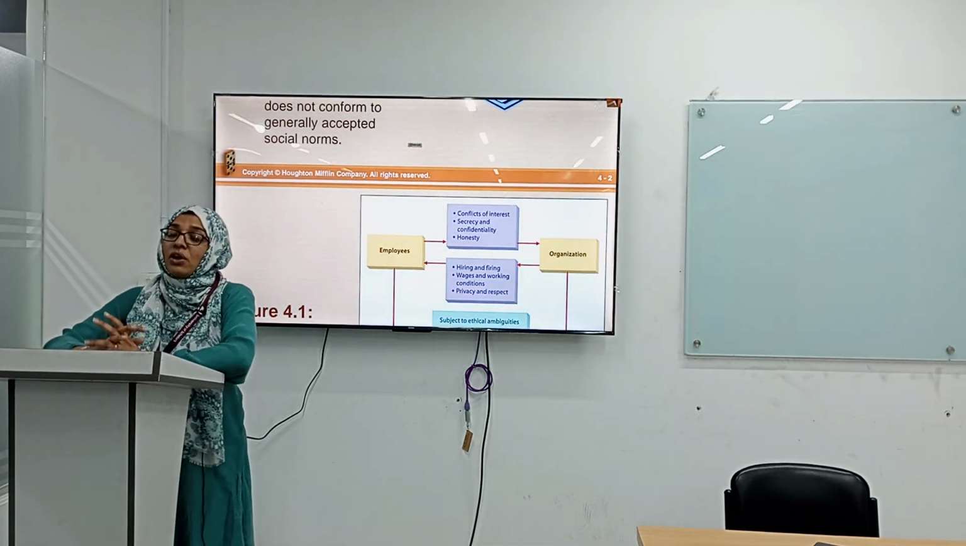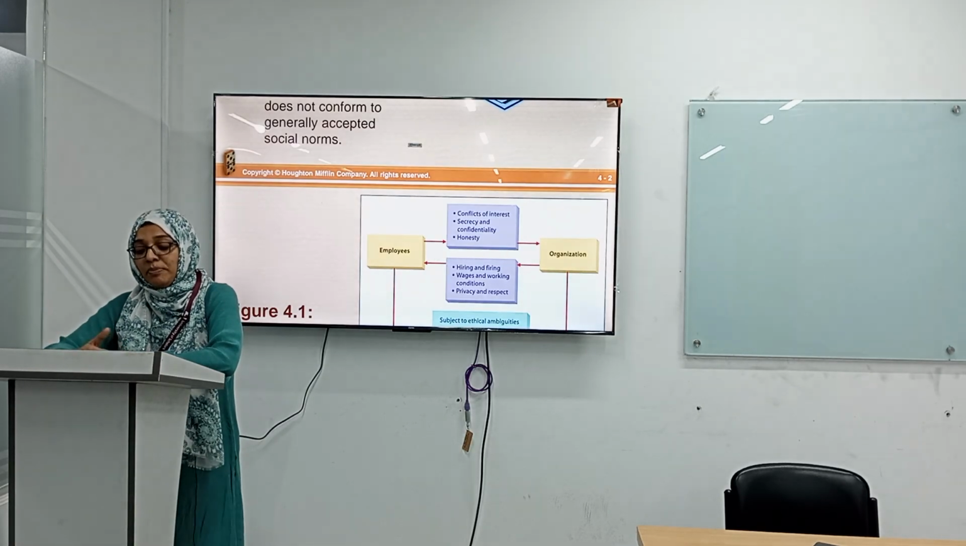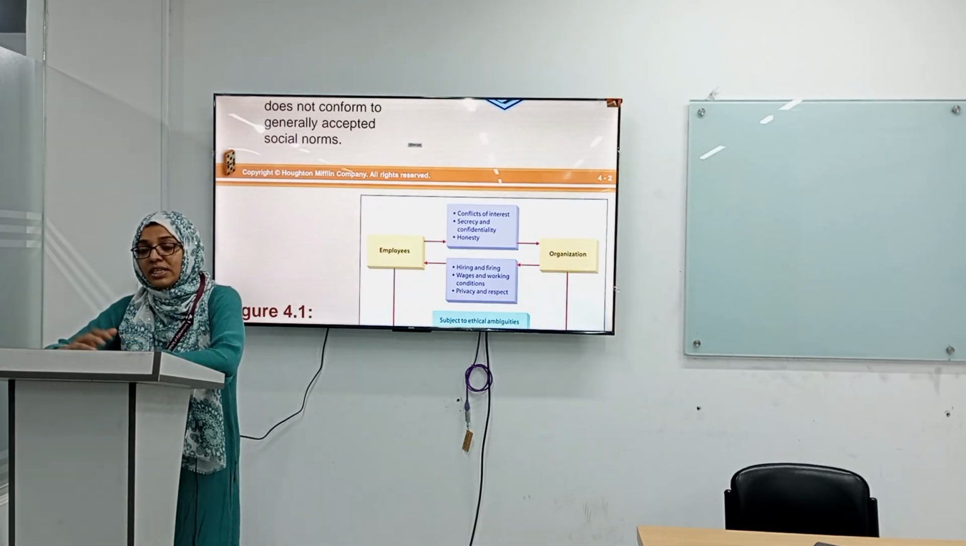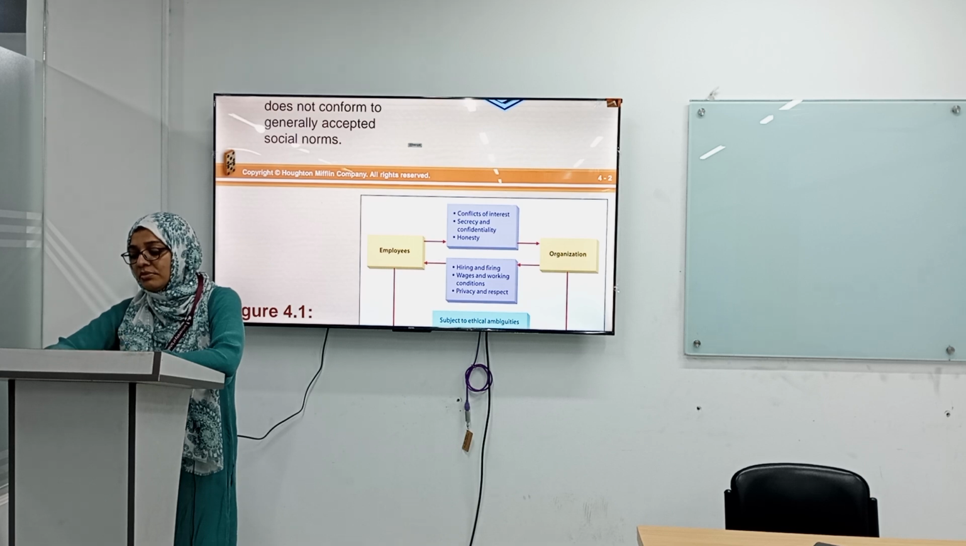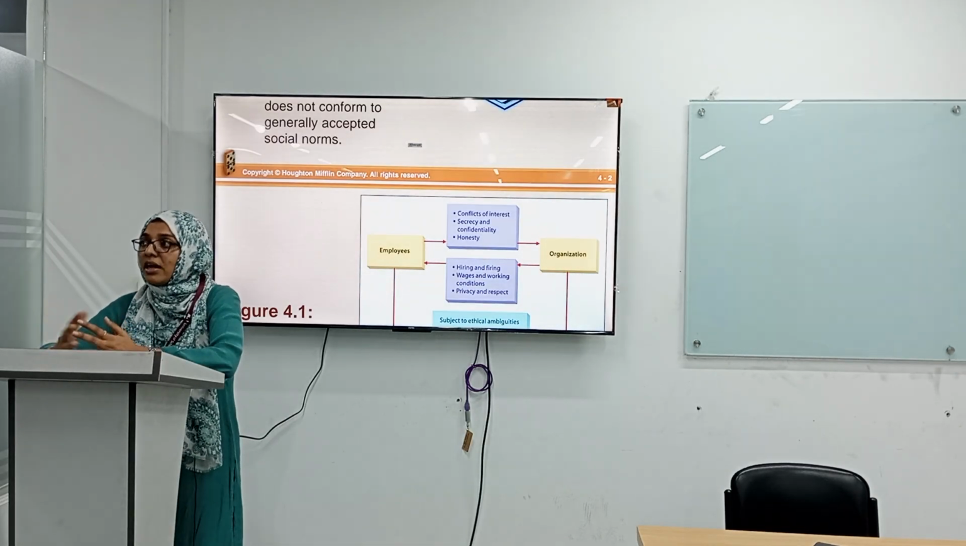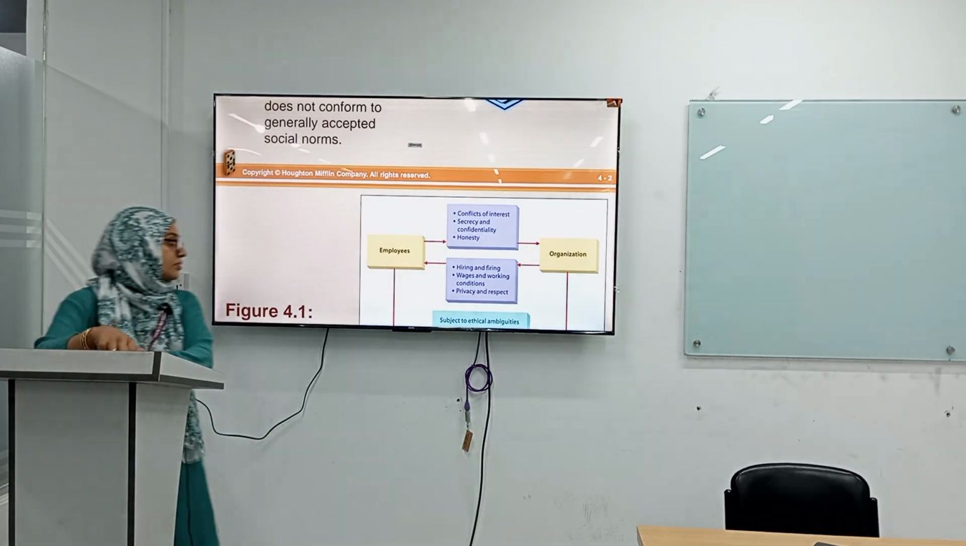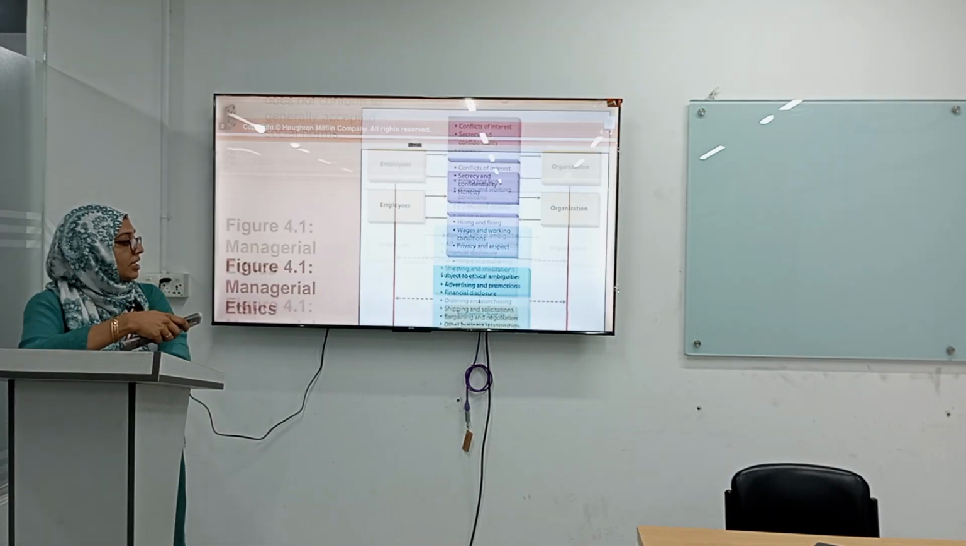Secrecy and confidentiality: the organization expects that the employee should keep secret the organization's policies and other strategies. Honesty: all organizations expect that the employee will behave honestly. Subject to ethical